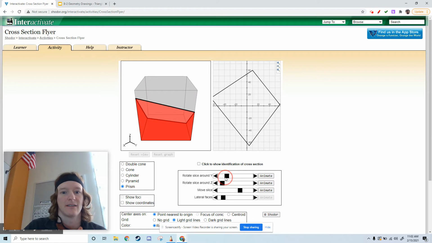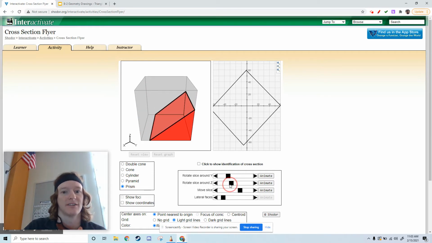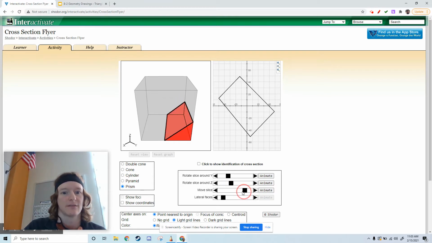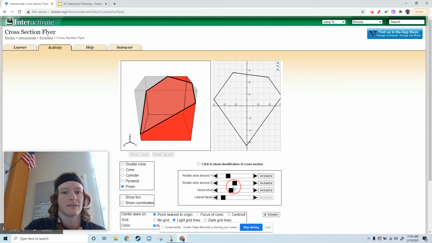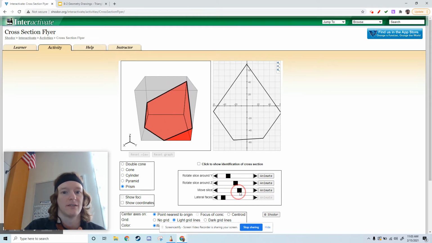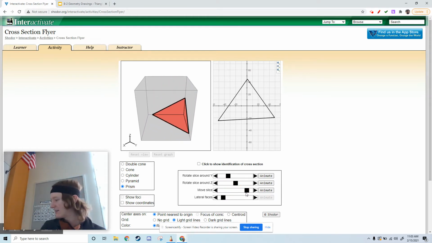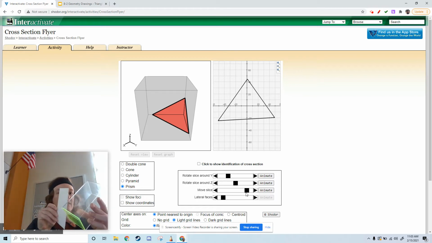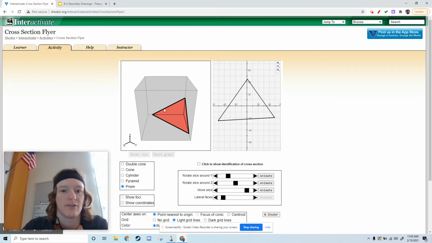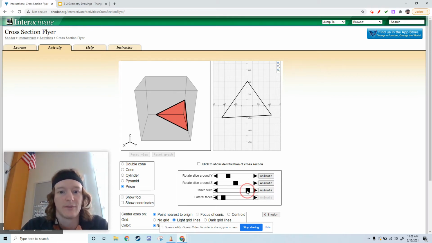However, what if I tilt my plane figure at an angle and I move this thing around? So I'm still getting a rectangle, aren't I? But what if I tilt it even some more? Eventually, if I slice the corner of this thing off, so I take this plane figure and I go through it diagonally, that's going to make a triangle. So we should see right here, I have my cross section here is a triangle,